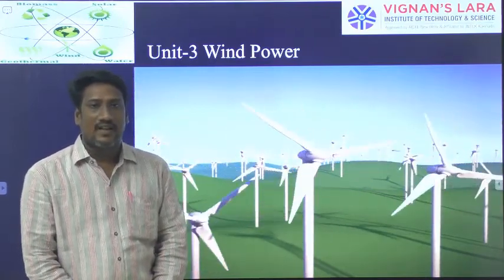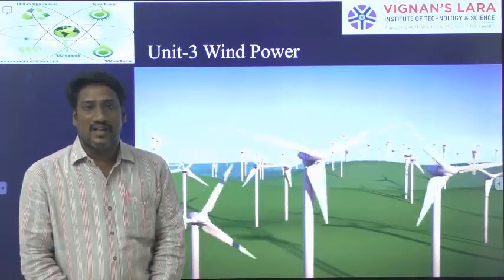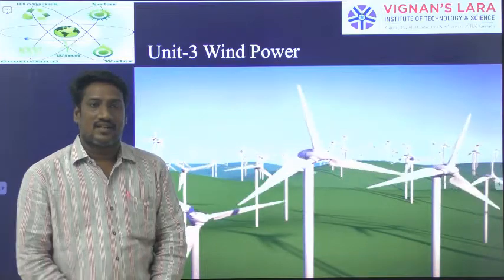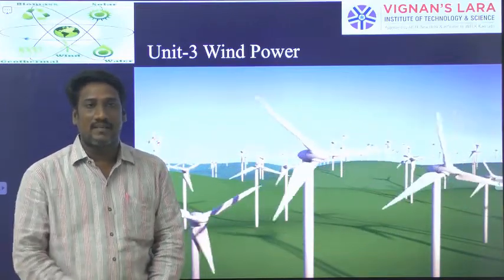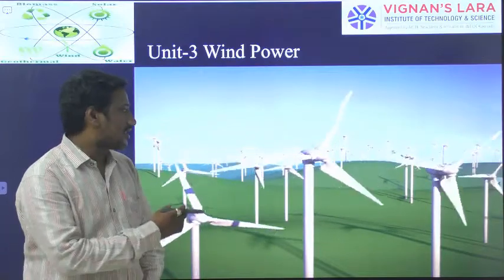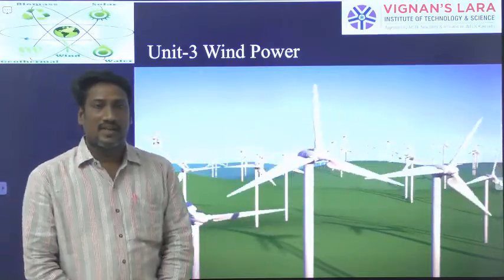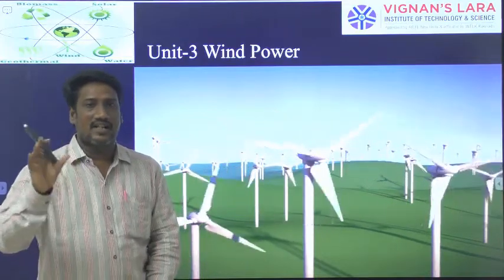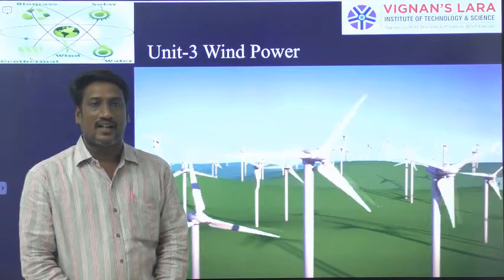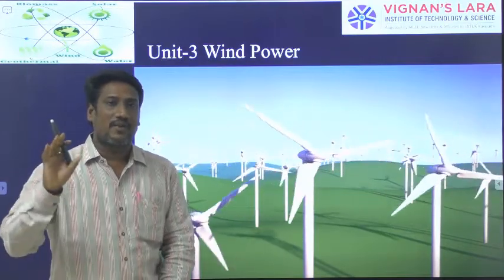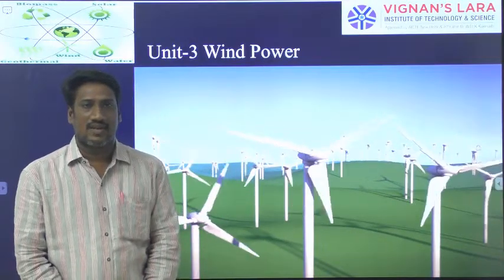And also we have discussed the solar pond, which is used to store thermal energy to generate electrical energy. From the thermal energy stored in the solar pond, we will generate steam. By passing that steam through the blades of the turbine we get mechanical energy. Since the turbine and generator are intercoupled, automatically the generator will produce the electrical energy. Likewise, solar pond electrical power generation we have seen. Solar power electrical power generation we have seen.